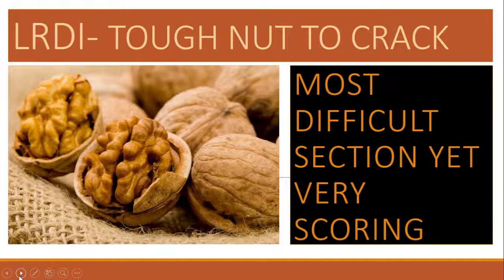But when CAT sits down and designs the questions for LRDI, they do not have such things in their mind. They only believe that the LRDI paper or the question set should have application of logic and puzzle solving nature at its core. That means a student should not try to define the syllabus of LRDI as far as CAT is concerned. So how should we go ahead? How should we score? How should we perform or clear the cutoff for the IIMs? So let us try to understand why it is the most difficult nut to crack.